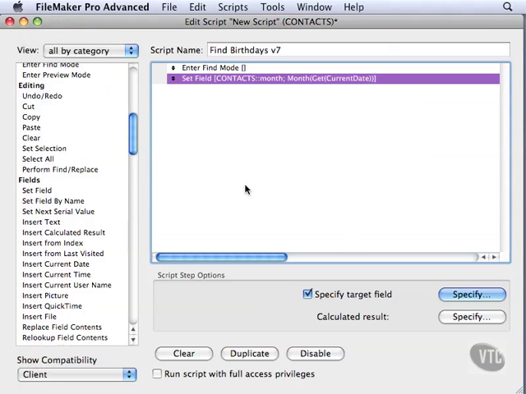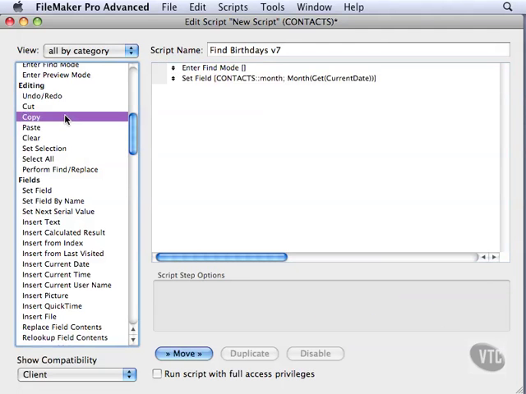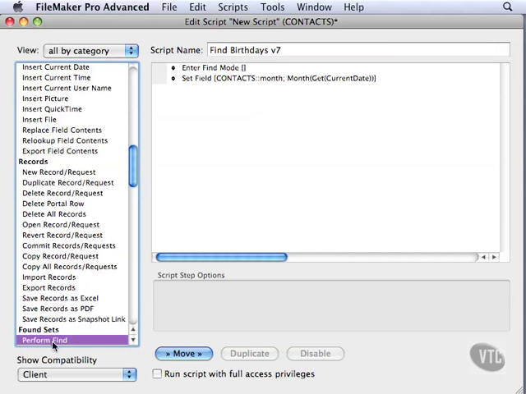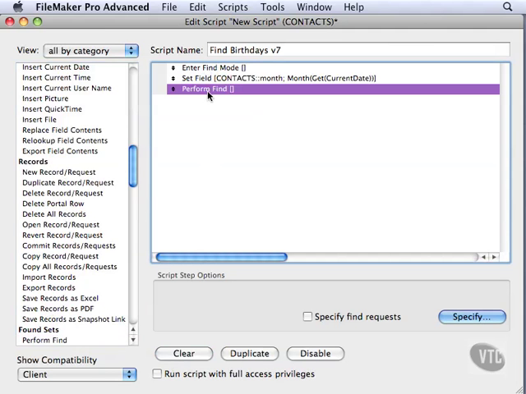Now in order for this to actually perform the find, because it won't do anything, this is going to enter find mode and put the criteria in, we actually have to say Perform Find. So we'll type in PER, and you'll notice the first thing it finds is Perform Find/Replace. This is not what you want. This is like your find and replace feature in a word processor. I hardly ever use it because it's very dangerous. You want the next Perform Find, which is just Perform Find, not slash Replace. That says when you're in find mode, perform that find. So this is all we need. We'll go ahead and save that,